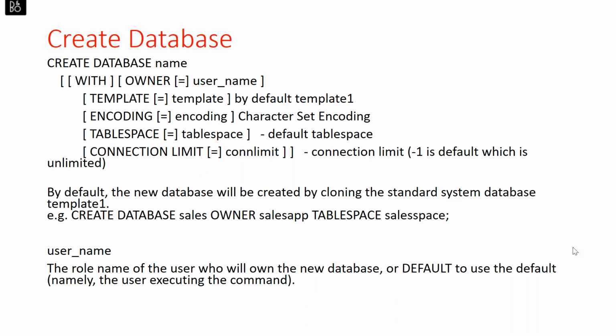so you have to create a table space, then you specify the table space name with that database command. You should put a different owner also. You should not use Postgres as an owner. Create a different owner, create a different table space for each database. At least one table space. You can have multiple table spaces for a particular database, but at least one table space you should have.